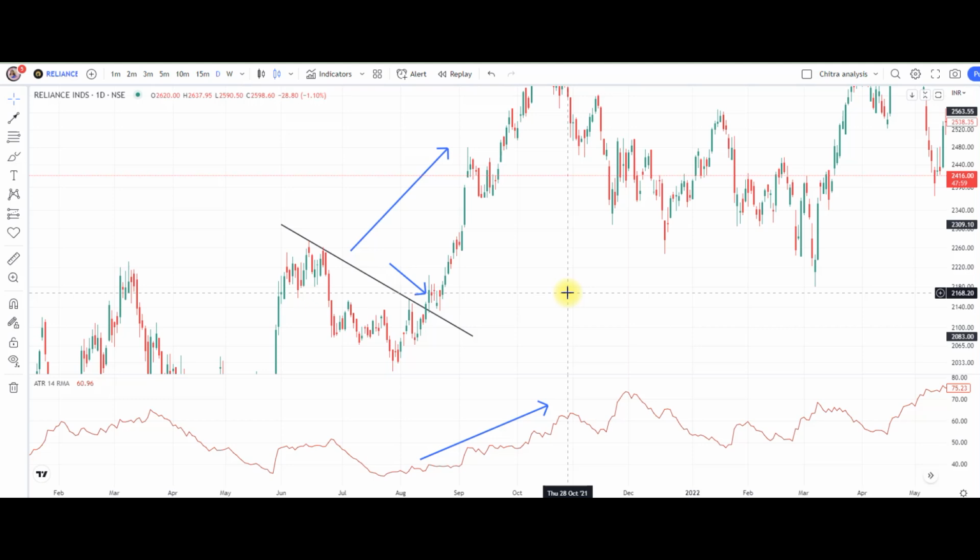Once we enter into the trade, and the price is going in our favor, we can always trail the profit, or else we can book the profits at the particular point where the ATR is in the consolidation phase. At that place, we can always book the profits. So ATR is a volatility indicator, which helps to identify whether price movement is there or not, or whether the price is in the sideways or consolidation phase. This is how we will use ATR in our day-to-day trading.